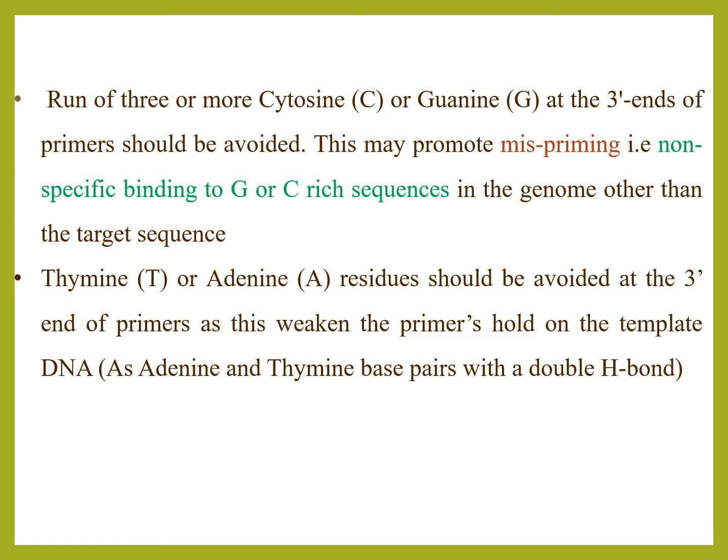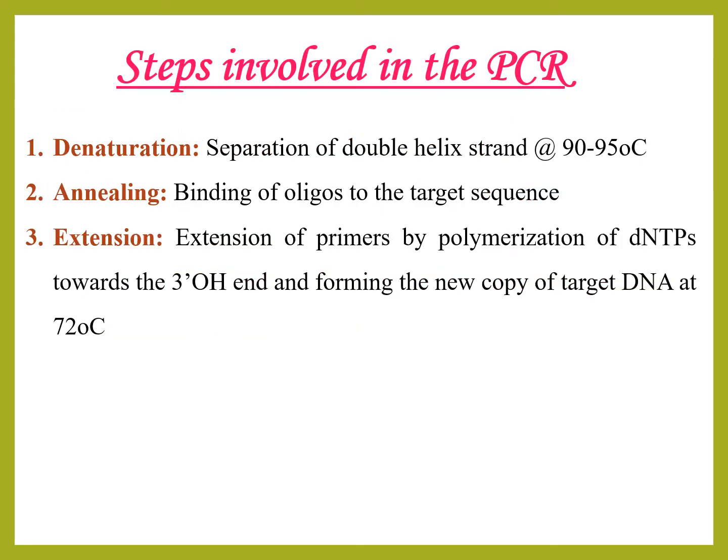So while designing the primer, we should avoid complementarity between the primers and within the primer, and the primer should end with a G or C to improve the priming specificity. The primer sequence should be very specific, and we have to use an optimum concentration of the primer in the PCR to improve sequence-specific amplification and avoid wrong amplification.